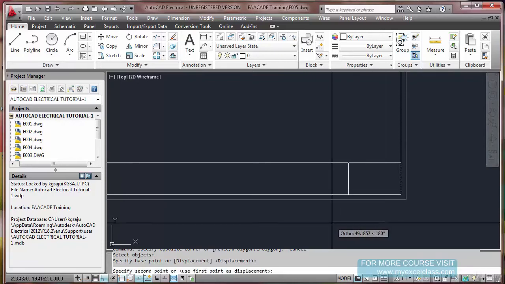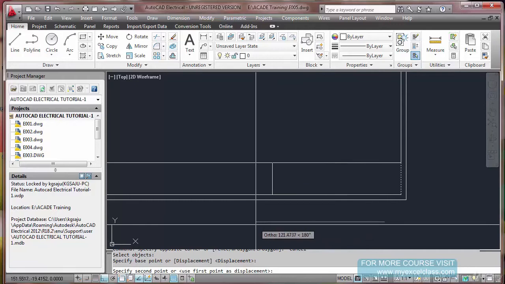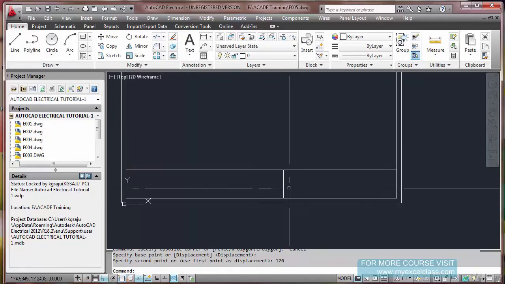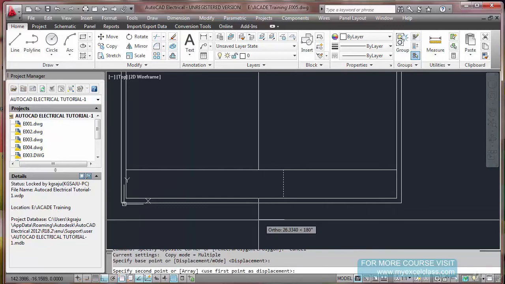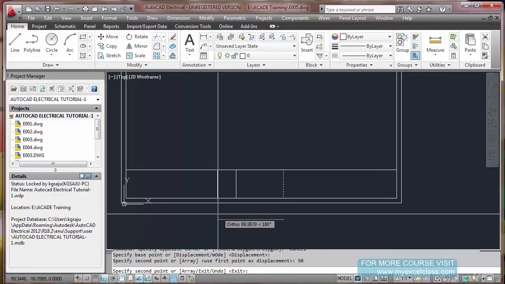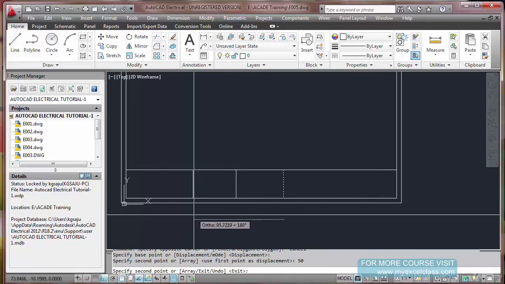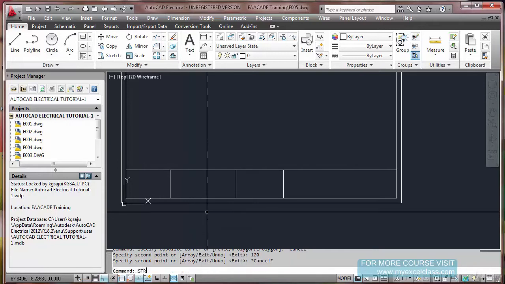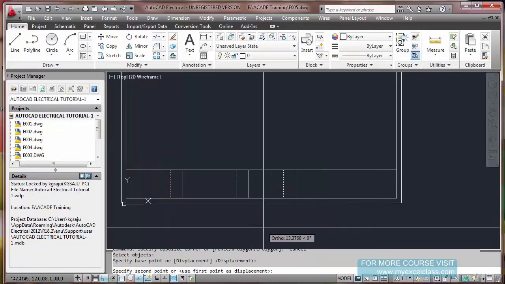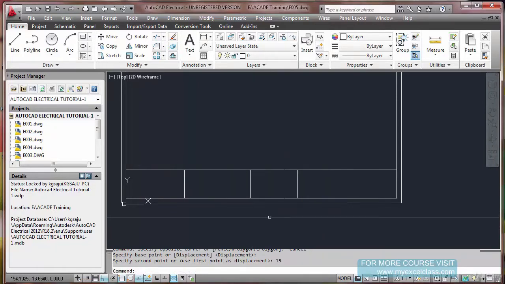I am moving it to its left somewhere here, and I am keeping it 120 mm far from here, and just copy this 50 mm, and again here for another column I am 120. Stretch a little bit here, 50, right?